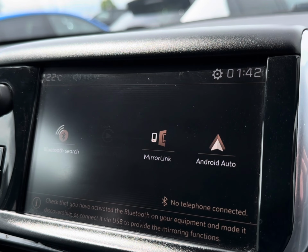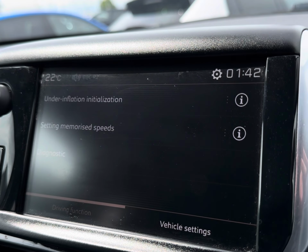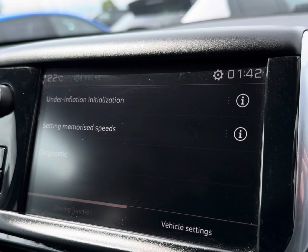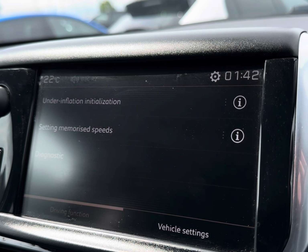This does come compatible with your MirrorLink, Apple CarPlay and Android Auto for quick access to all your vital driving apps. Of course, you do have your on-screen display of all your driving functions and vehicle settings alongside your parking